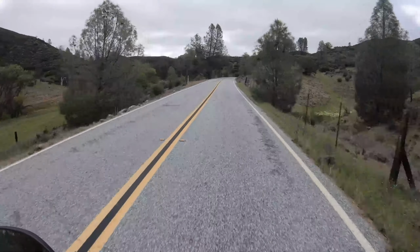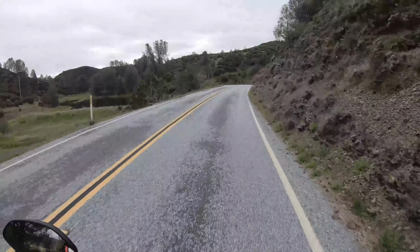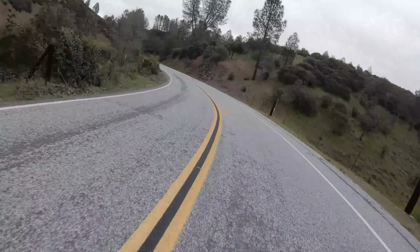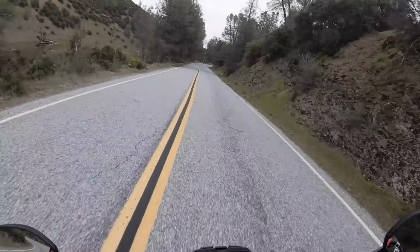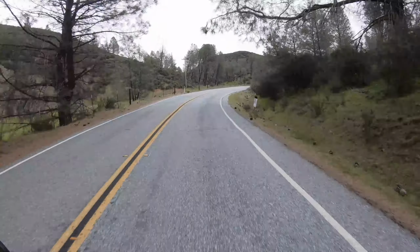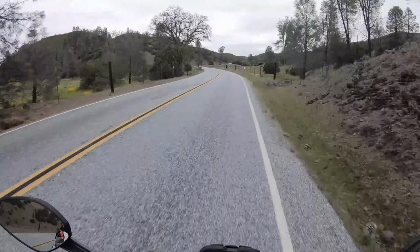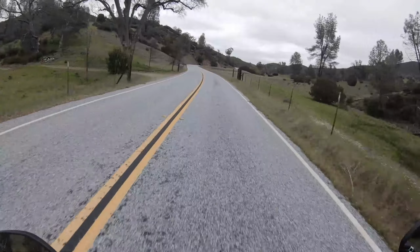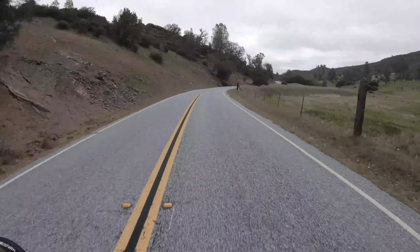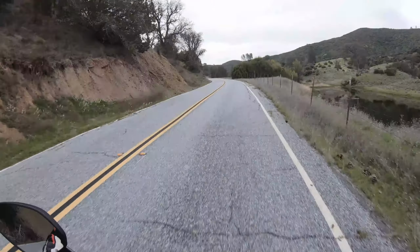So again, I'm doing the chain sprocket set. I'm gonna go -1 on the front sprocket. I think it'll give it a little more torque at the lower end. And again, you're not really riding this bike at 150 miles an hour most of the time because it's a naked bike and you get plummeted by the wind. It's definitely made for these canyon roads and it's made for street, so I want it to have a little more oomph. I'm also getting the full Akrapovic exhaust,